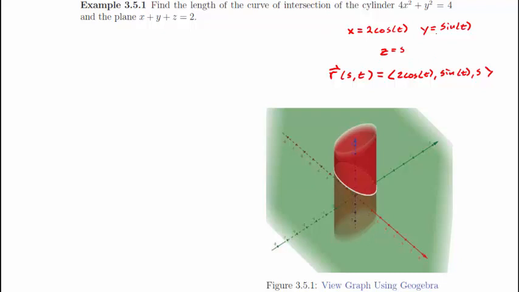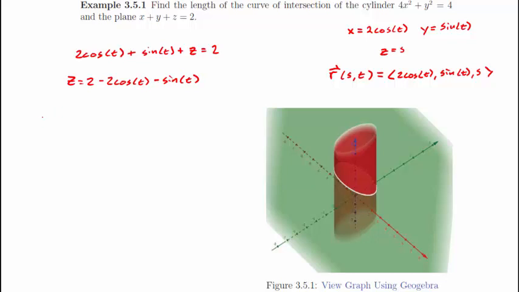So I'm going to take this x and y and plug them into the plane. So we have 2 cosine of t plus sine of t plus z equals 2. If I solve for z, we get z equals 2 minus 2 cosine of t minus sine of t. So the space curve,